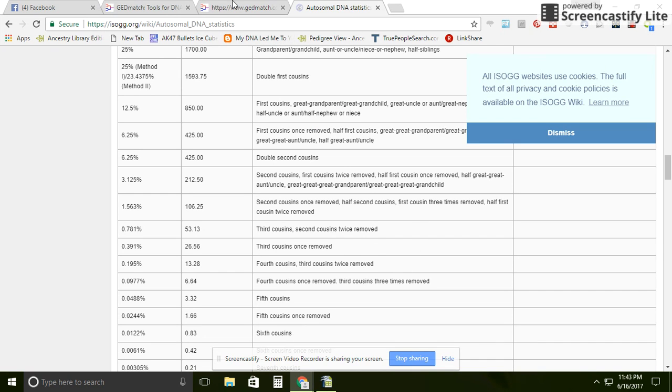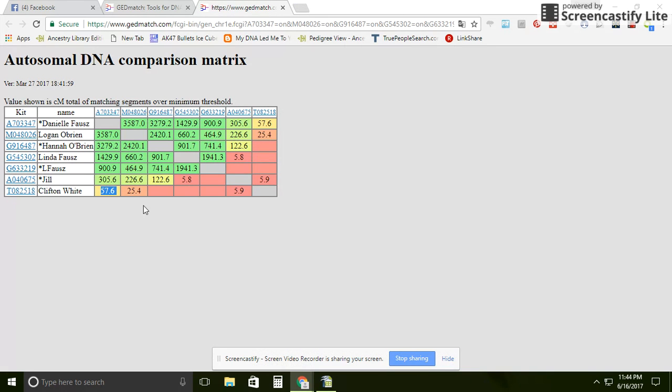Okay, so if we go back here, then you can start looking at, if you go over one more column here, you'll see my son, and you'll see that he only shares 660.2 centimorgans with my aunt, so his great aunt. So I share 1429, he shares 660, and then let's see here. If we go down to this one right here, which is my great aunt, he shares 464 centimorgans, and so on. So he still shares pretty high right here with my second cousin, which would be his second